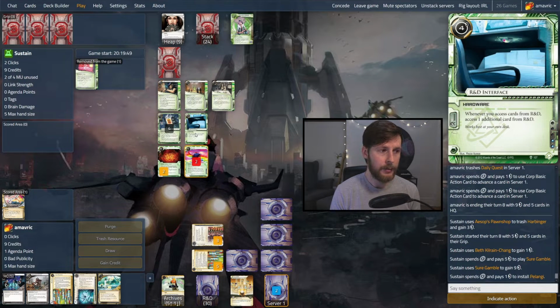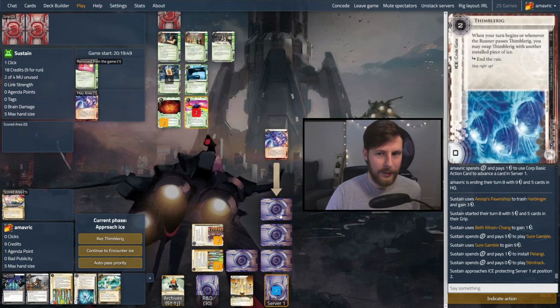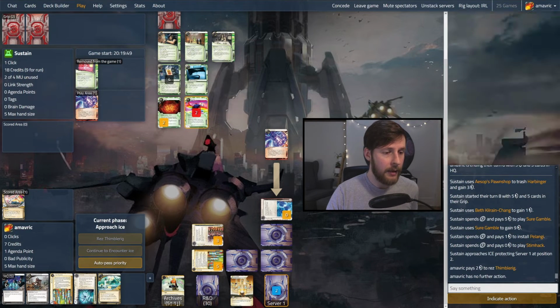Gamble, Palangi. Ooh, I think they're going to go for the remote and they can't run a last click too well because of the Raven. If they do, at least we'll be able to all seeing eye their whole board, which seems pretty good. Oh wow, they have money. So 4, 5, 6, 7, 8, 9. And they don't have access to